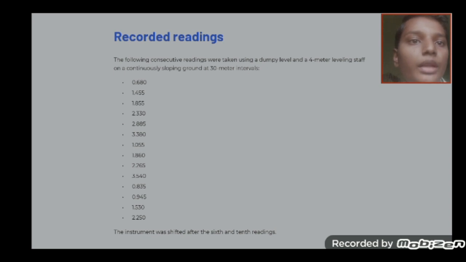Recorded readings. The following consecutive readings were taken using a dumpy level and a 4-meter leveling staff on continuously sloping ground at 30-meter intervals. First one 0.680, second one 1.455, third one 1.855, fourth one 2.330, fifth one 2.85, sixth one 3.380, seventh one